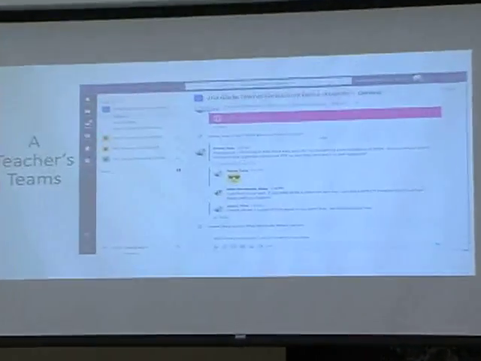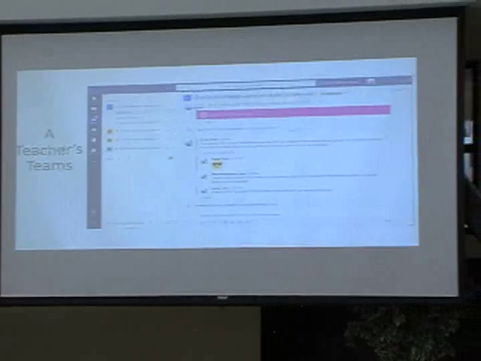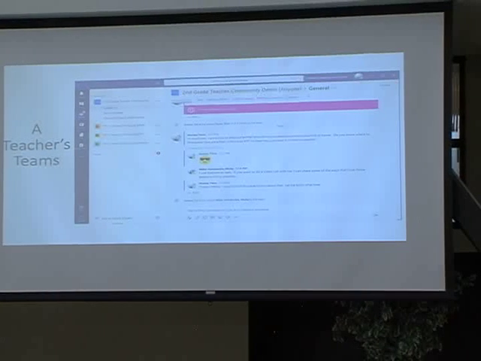So for a teacher, this is what their teams might look like. This is an example of a second grade teacher's teams. They do have a separate team for every single thing that's on the report card, so including attendance. So they have an AM attendance team, a PM attendance, and each of their subjects. Now, a while ago we were thinking, well, that's kind of crazy for an elementary teacher because they have one class of kids. But the cool thing about having it that way